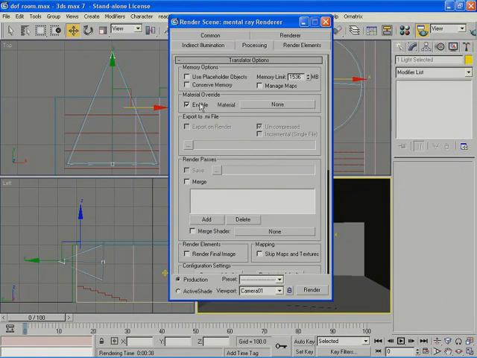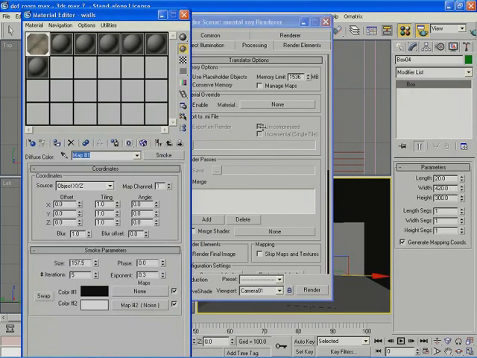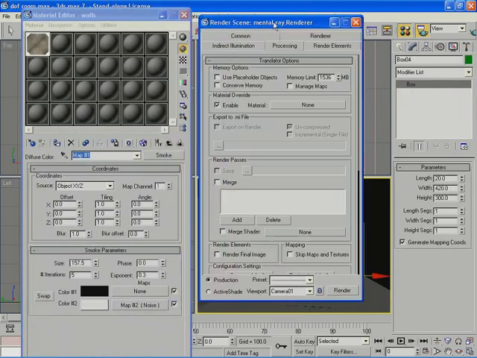This will override all the materials of the scene with one material that I choose, and this is very useful whenever you are testing your lighting. So all the materials will be overridden by this material that I'm gonna choose. And whenever I want to go back to my original material, I can